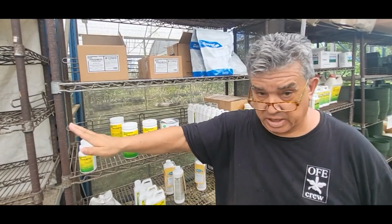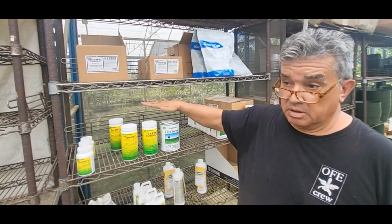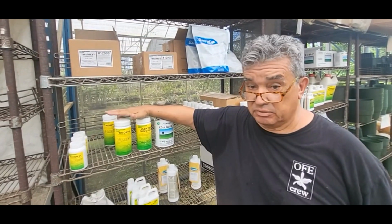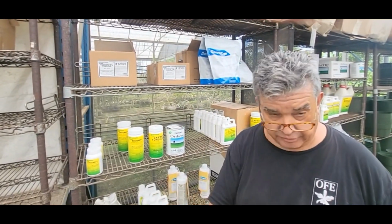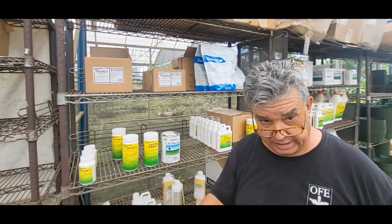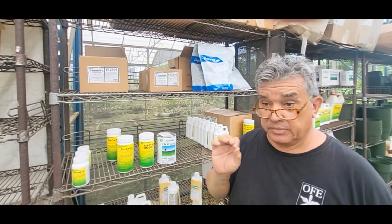Everybody gets it. Now, there are warnings on the labels. Ideally, you want to stay away from where you spray at least until the chemicals dry off the plants. That means that if you walk by, you're not going to get it on your feet. Animals probably, your pets are not going to get it on their paws, or they're going to lick it. As long as it is dry, it's safe. Ideally, I mean that's the